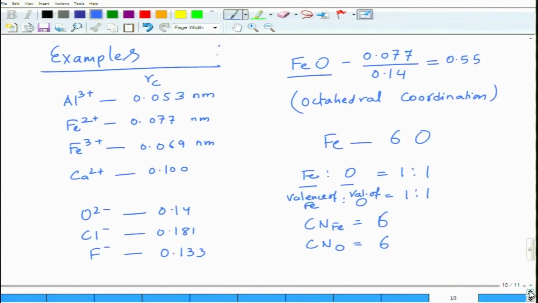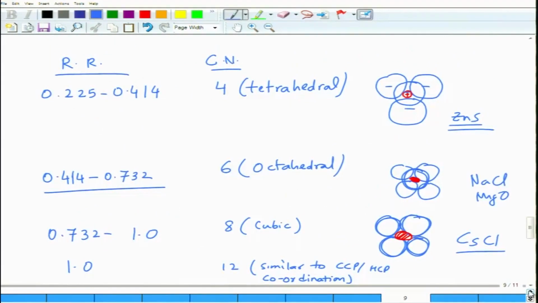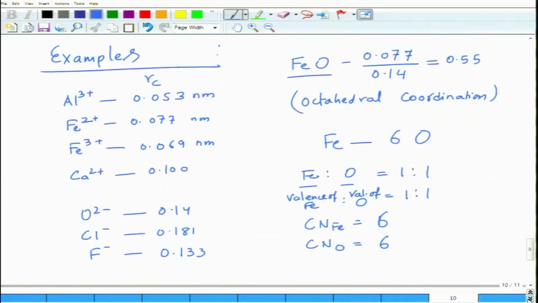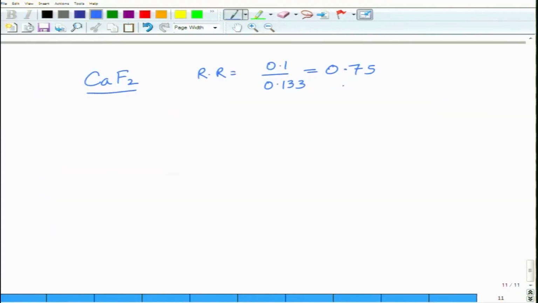If you look at 0.75, this is here, so it tends to follow 8-fold coordination. So you have coordination number of cation is 8, but